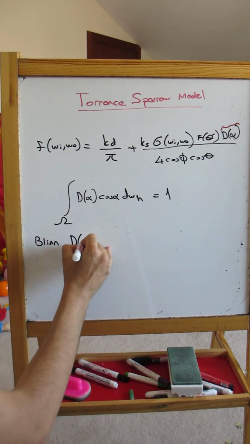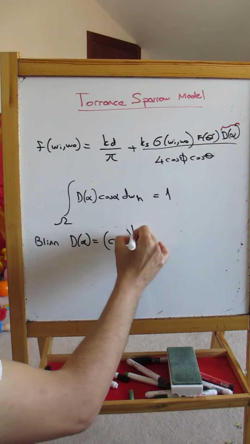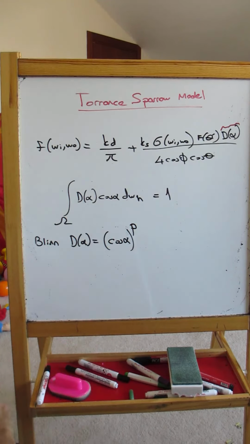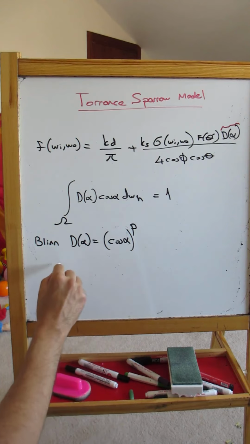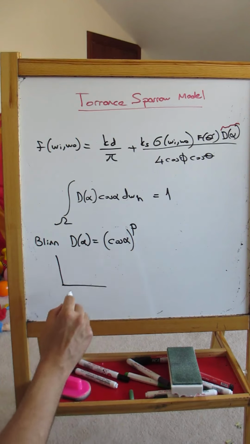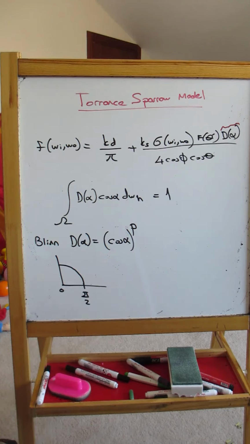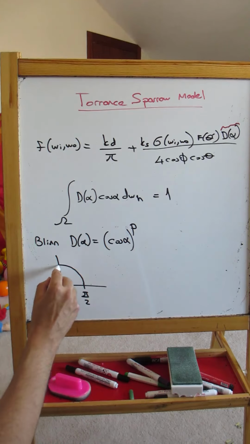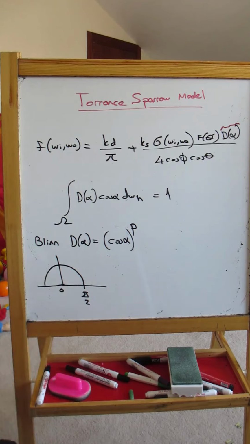It's just cosine alpha to the power of p. Okay, so it basically says that you have more. So let's understand what cosine alpha is. The cosine alpha function, if you plot cos from 0 to pi over 2, it's going to be a function like that, right? So really it's symmetric. Okay, so this is the Blinn's microfacet distribution function, and by playing with p you can actually